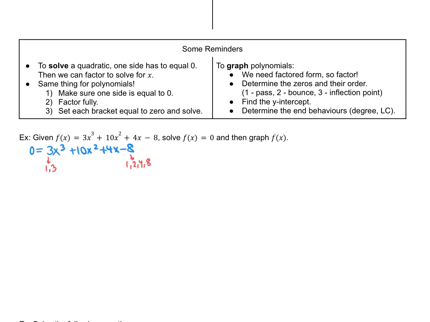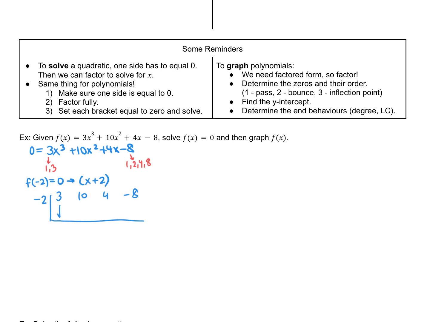Now as you try them, the option that works is -2. When I do f(-2), I get 0. That means the factor is x plus 2. So let's go ahead and do our division, and you can use long division or synthetic division. I'm going to use synthetic. So I'll put my coefficients on top, and my factor for the bracket is -2, because if the bracket is x plus 2, the factor is -2,